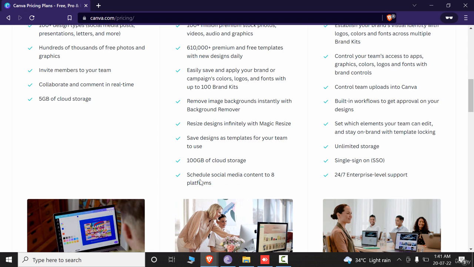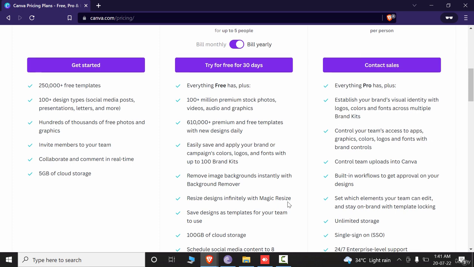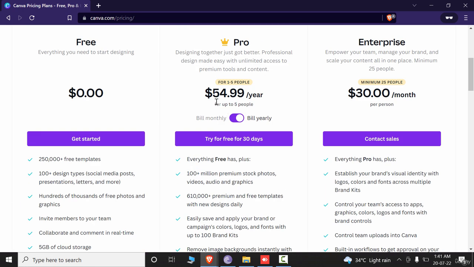Like you already have scheduled social media content to 8 platforms. You can resize indefinitely by Magic Resizer. Some additional tools are there. The color schemes, logos, and fonts options are great, and it has the pricing of